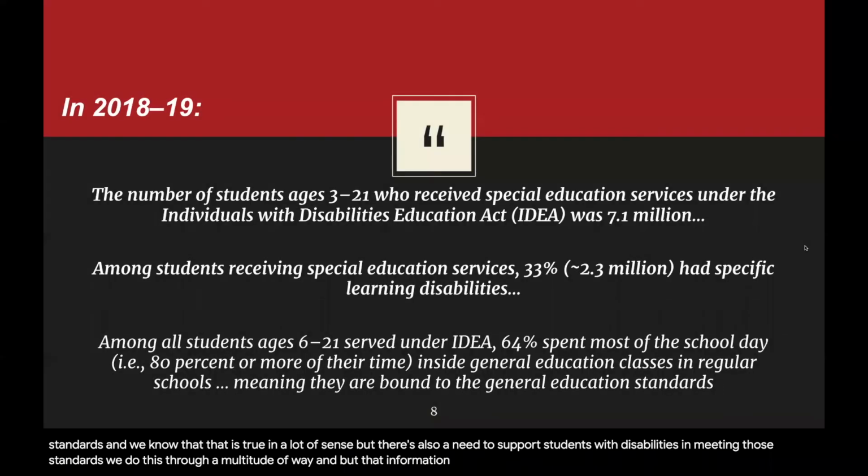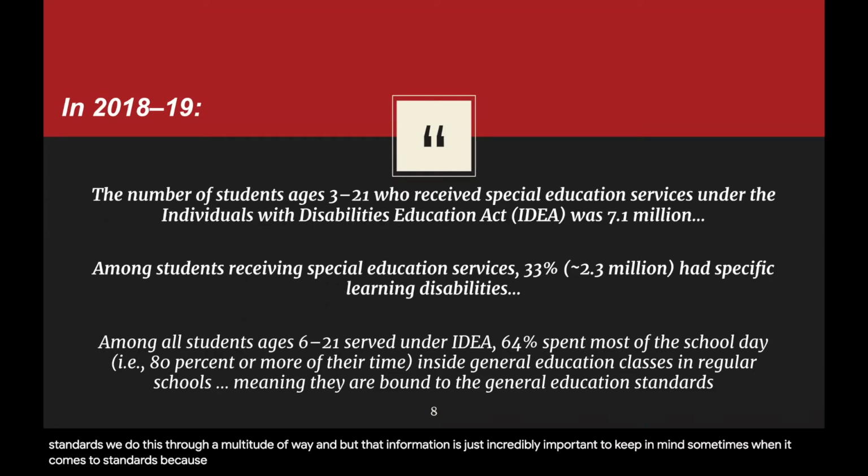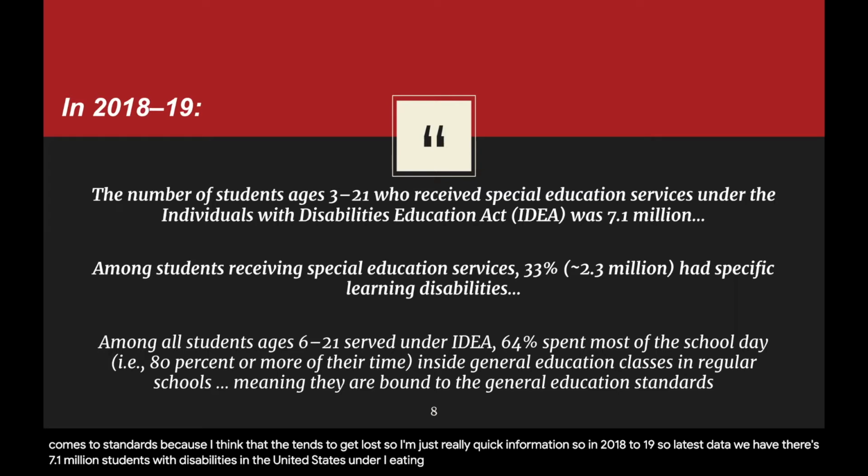But that information is just incredibly important to keep in mind sometimes when it comes to standards, because I think that tends to get lost. Some just really quick information. So in 2018 to 19, it's the latest data we have, there's 7.1 million students with disabilities in the United States under IDEA. And then 2.3 million of those 7 million students have the disability category